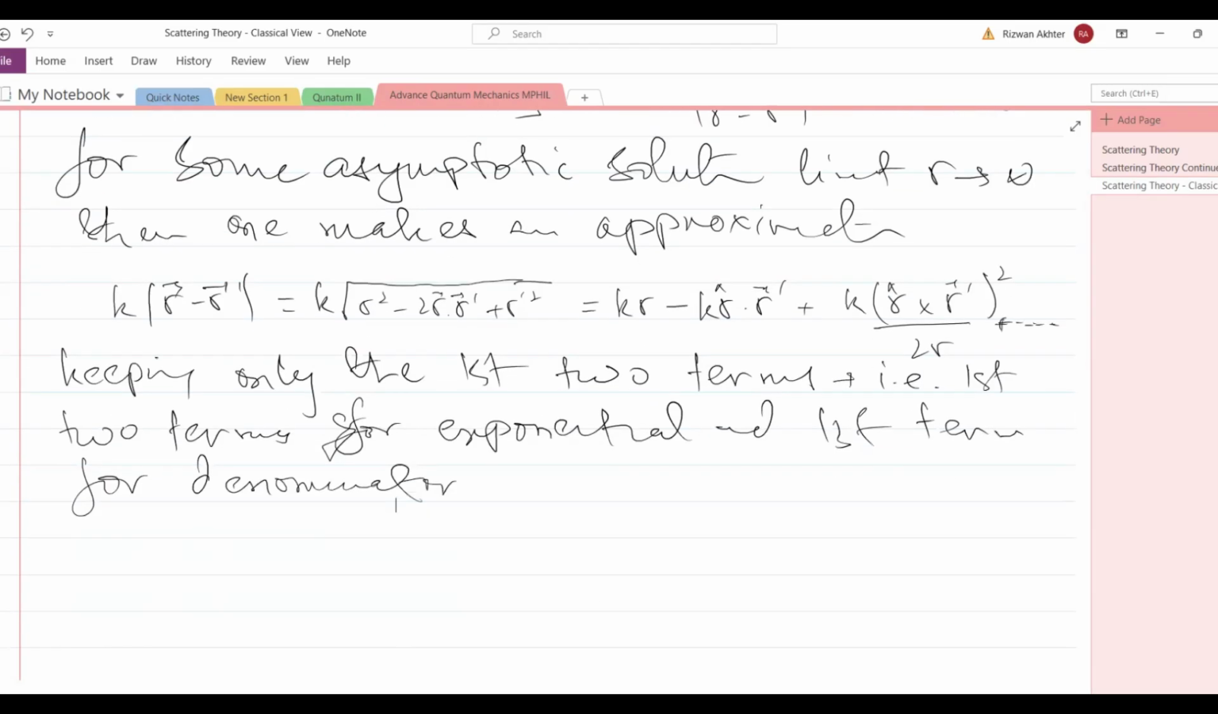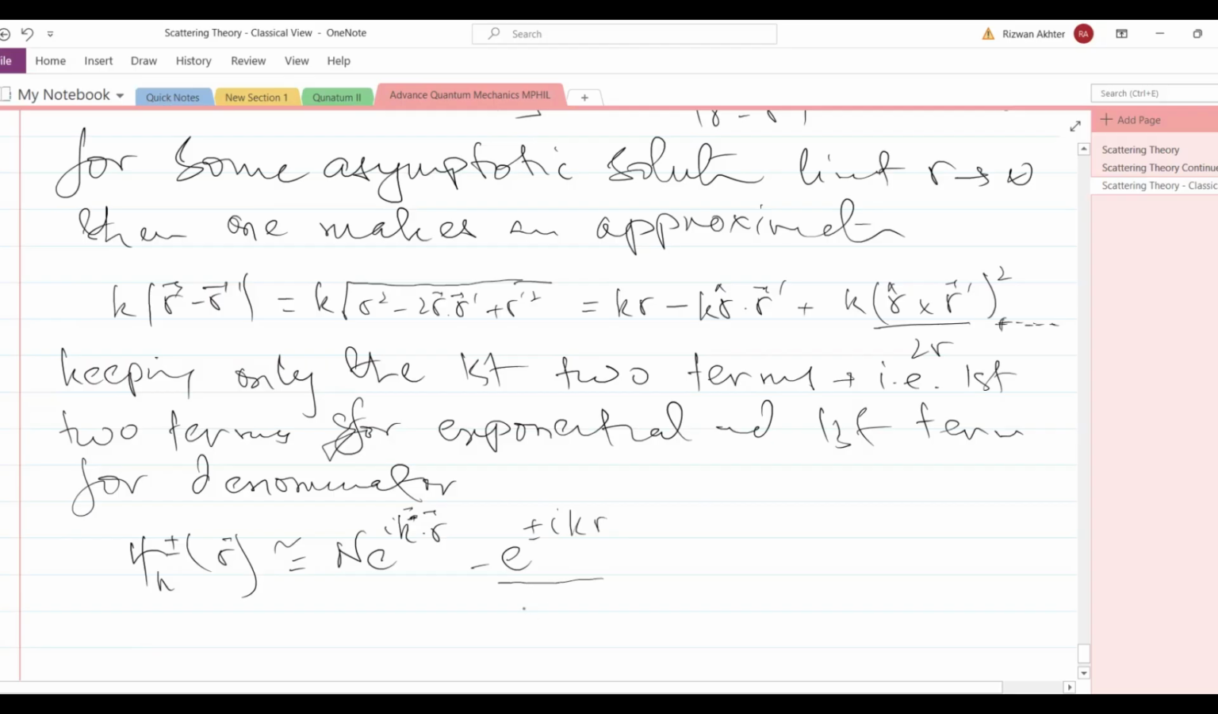तो आपका जो फॉर्मूला है that would change to psi k plus minus of r, which is approximately n times e to the power iota k dot r, minus e to the power plus minus iota k r whole upon 4 pi r, integral d3 r prime e to the power minus plus, because अंदर साइन है माइनस का, इस वजह से साइन उलट जाएंगे, iota k prime dot r